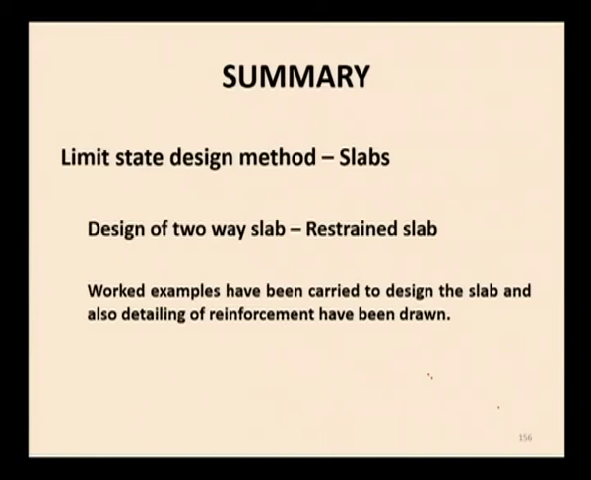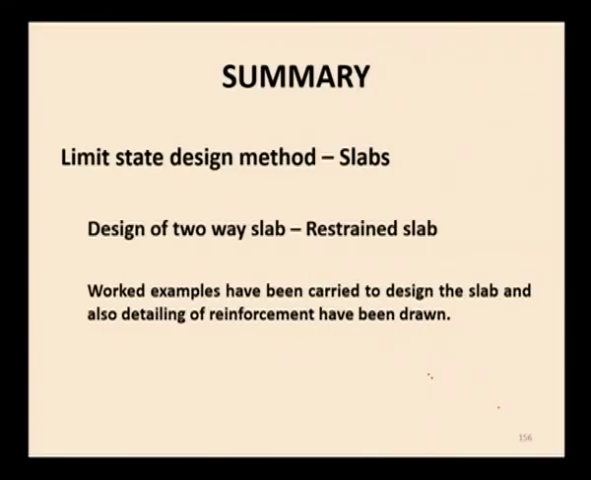Now, we come to the end of the lecture. Let us summarize this lecture. In this lecture we have seen a problem to design a two-way restrained slab for a room of size 4 meter by 4 meter, which is resting on a 230 mm thick wall. It has an adequate provision to resist the torsion at the corners, and also we have seen the design of the slab, that is the design consists of thickness of the slab as well as the reinforcement detailing. From the reinforcement detailing we have understood how to draw the reinforcement detailing, and how to distribute the drawing